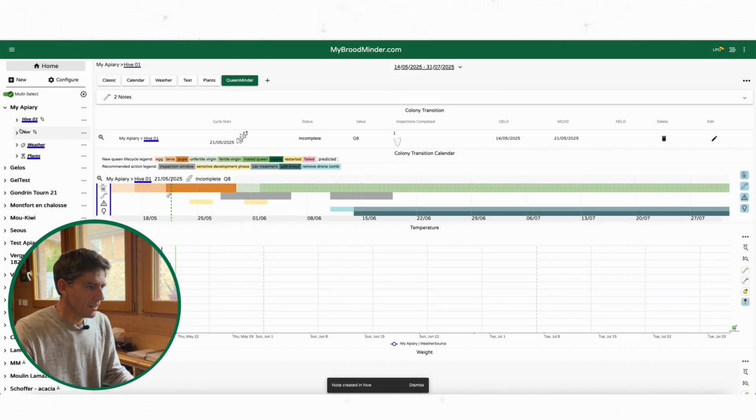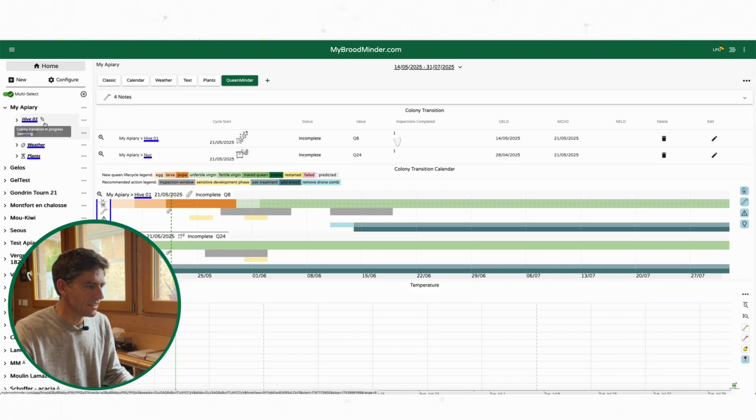And now here, when I select the nuke, you see this symbol that has appeared here: colony transition in progress. So that's what the symbols mean. Your colony transition is in progress, and the nuke is a swarm that I inserted into the hive. It's incomplete. The queen development is an old queen, and what we are expecting here is for an inspection a